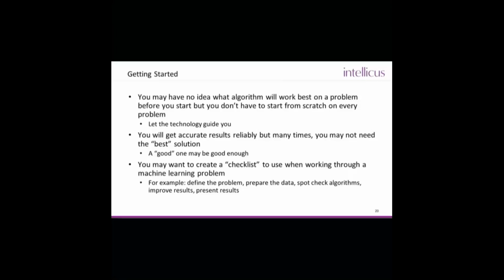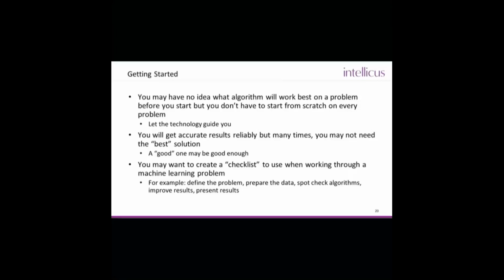And then my final piece of advice is to create some kind of checklist. It always helps to have a bit of a checklist when you're working through a machine learning problem. For example, the first thing you should always do is define the business problem. What is the business problem you're trying to solve? If you cannot write it down or speak it out, then you've got a problem to begin with. You've got to know what the business problem is, because that's going to lead you down the path of getting the right data to answer that problem, preparing that data, making sure that it's solid enough that we can start to train our machine learning models.